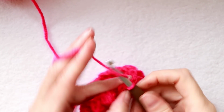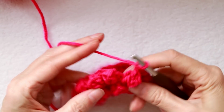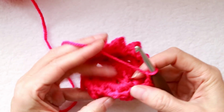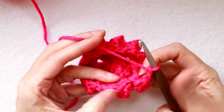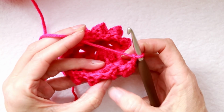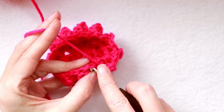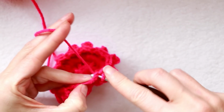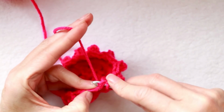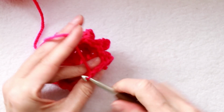So there's my last popcorn, chain 2 like always, and the same as we did the round before, flip it up, like flip it over, and you're gonna slip stitch into that first chain. It looks like it's really far away, way over there, but that is the best spot. So put your hook in really tight, lots of tension, because you just wanna do a small little slip stitch,